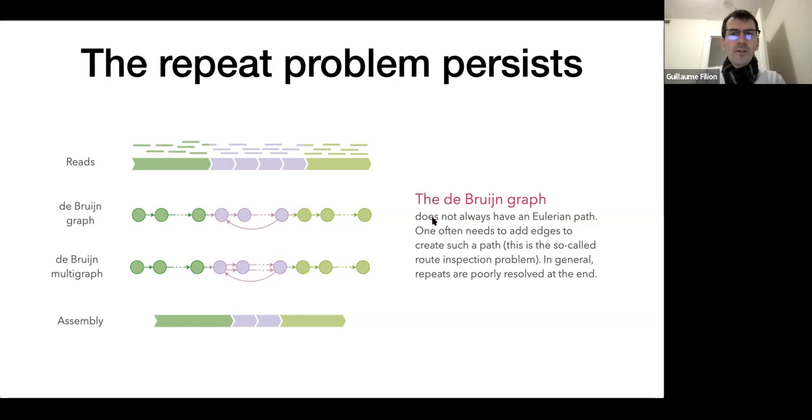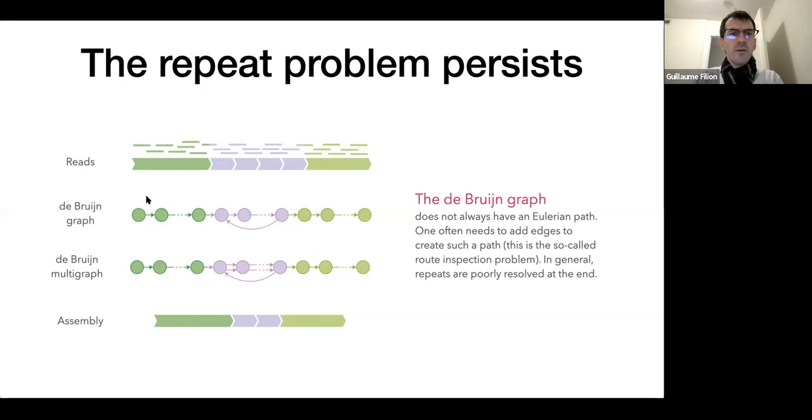So the De Bruijn graph does not always have an Eulerian path. We've seen a case in the previous slide where there is no Eulerian path. One often needs to add edges to create such a path. If we take the example here, you take the k-mers that are represented by these circles, and you'd